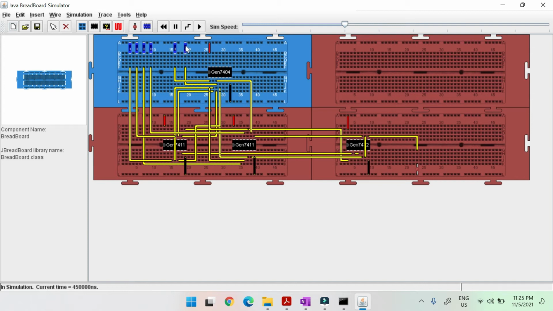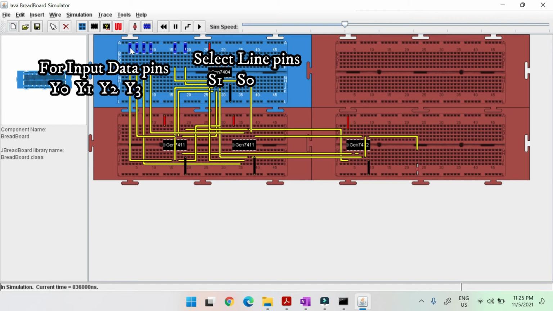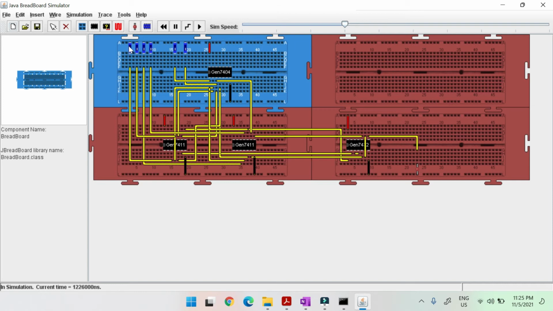Here we have S0 and S1. Similarly, here we have Y0, Y1, Y2 and Y3, or we can say input lines I0, I1, I2 and I3. Here we have selected 0 0.